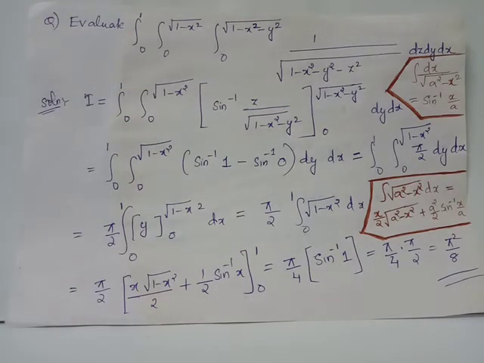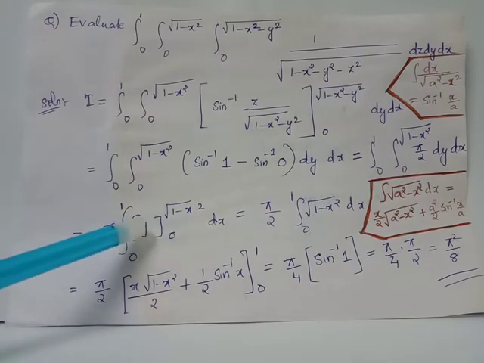Now we have to give upper and lower limits corresponding to z, which are root of 1 minus x square minus y square and 0 respectively. Once we give the upper and lower limits, we obtain the terms sine inverse 1 minus sine inverse 0. We have sine inverse 0 equals 0 and sine inverse 1 equals pi by 2. We can take pi by 2 outside the integration because it is just a constant. Now we have to carry out integration with respect to y. Because y is the next variable which has a non-constant limit, integral dy will give us y, and to this y we have to give upper and lower limits.